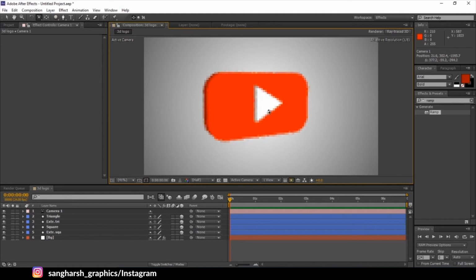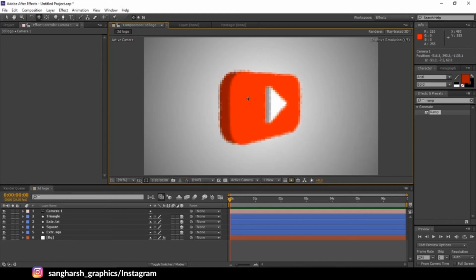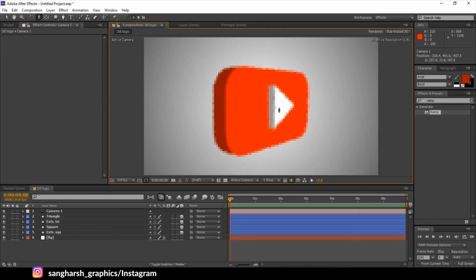You can just press C again to get the specific camera rotation tool. Again press C for the pan tool, it will pan the camera. Now again you can press C for the zoom tool, it will zoom the camera.